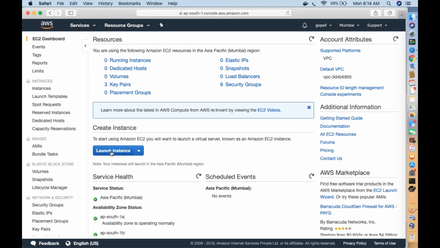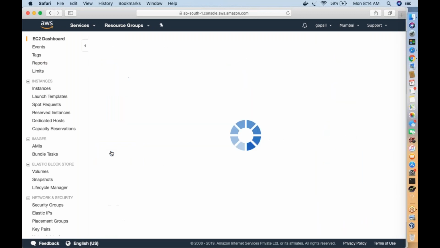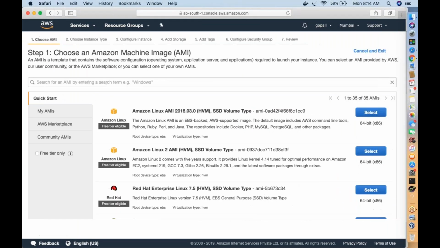That means you are trying to create a virtual server in Amazon. When you click on Launch Instance, this is only for creating a Linux server. When we get to the actual AWS part, we'll see more detailed descriptions, but these steps I'm showing you are to create an EC2 Linux box. Remember that.